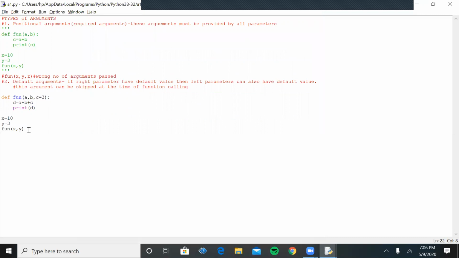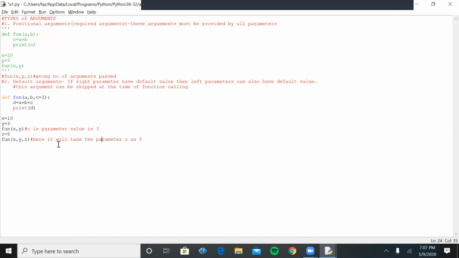Here C is the parameter whose value is 3. Suppose I pass the value of all three arguments; then it will take the parameter C as 5.